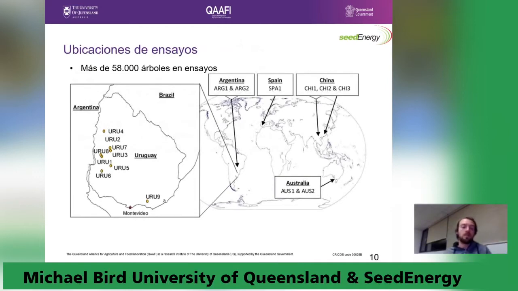Here we can see all the open pollinated progeny trials included in my studies. There are multiple trials in China through collaborations with the Chinese Eucalypt Research Center and Yong'an Forest Company, 2 trials in northern Argentina with Arauco, Argentina. SeedEnergy have 2 trials in Australia, and in Uruguay, where the majority of the trials you can see here are in the west, where commercial plantations are concentrated, along with a single trial in the south in Maldonado. The majority of these trials are in collaboration with Montes del Plata, and the others in collaboration with UPM. There is also a single trial in Spain